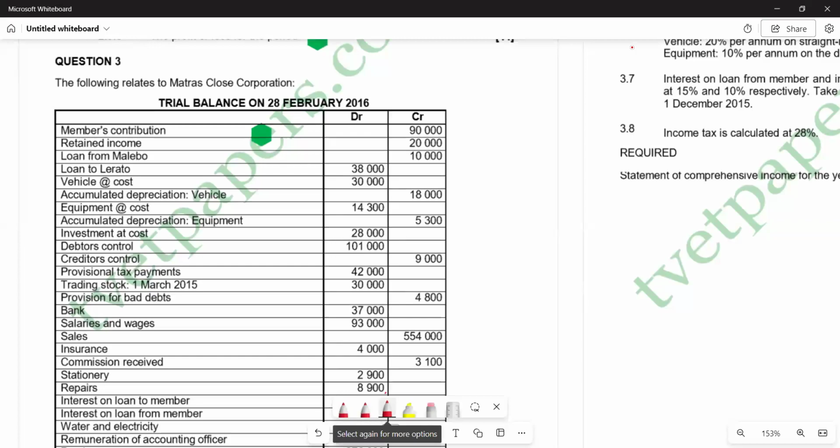Okay, welcome back to Financial Accounting at 6. In this video, we want to look at the preparation of statement of profit or loss and comprehensive income. We're going to look at the question paper of June 2022, and we're going to look at question 3 for